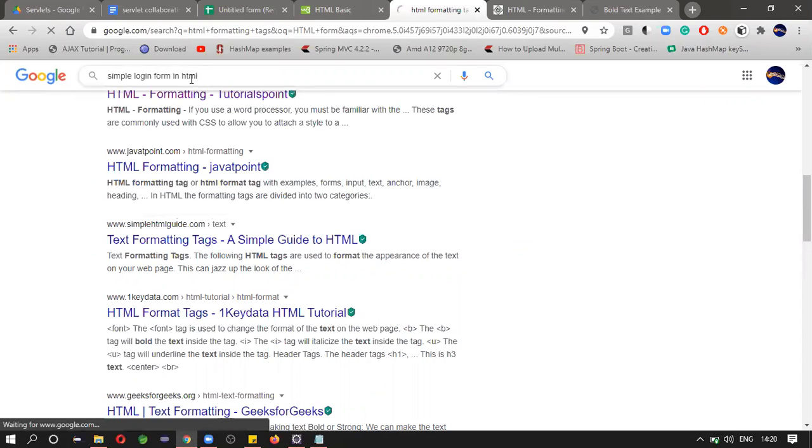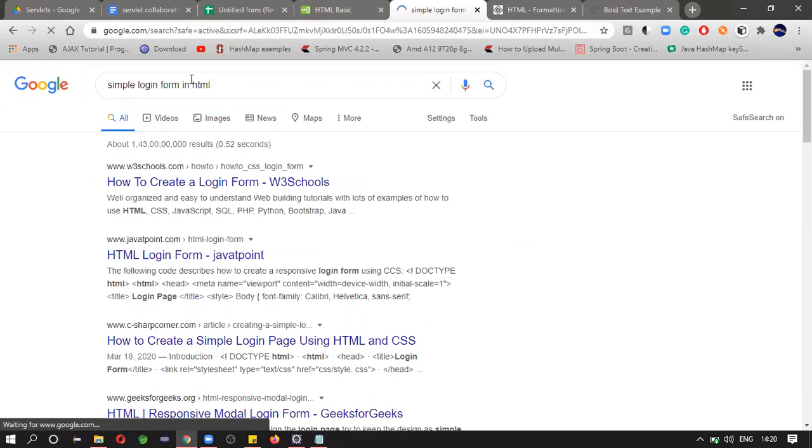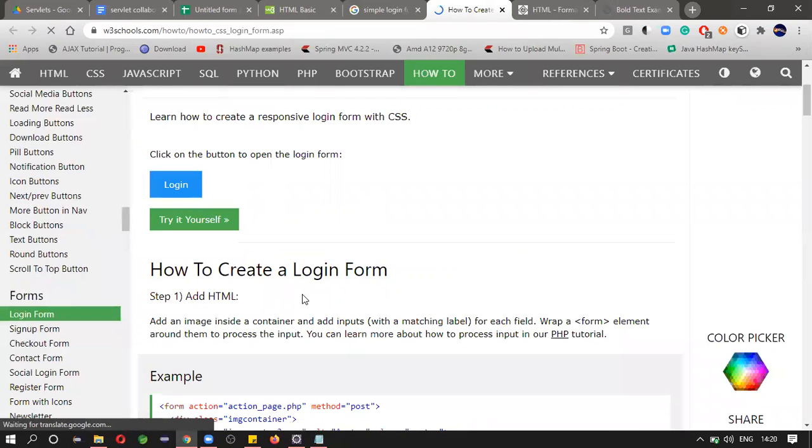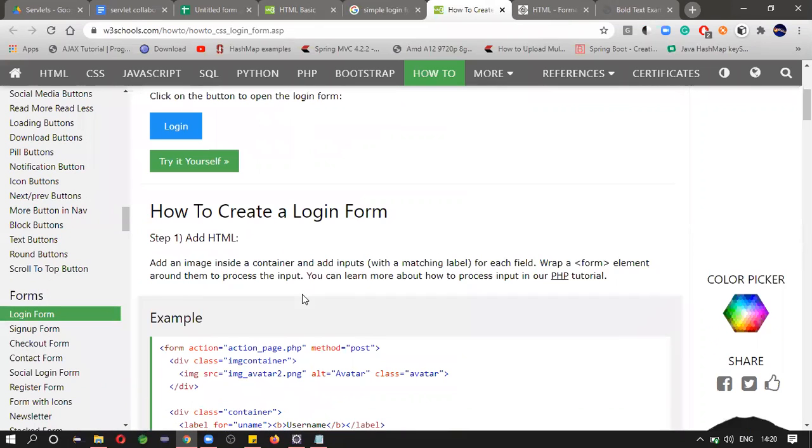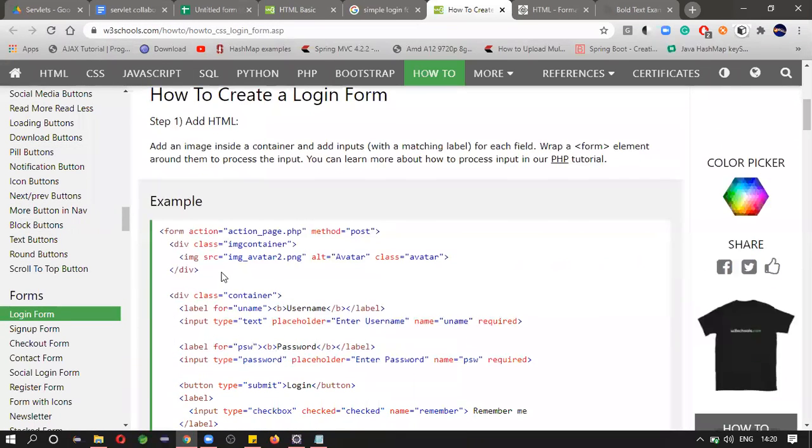So let us take a simple login form. You can also learn HTML with W3 Schools.